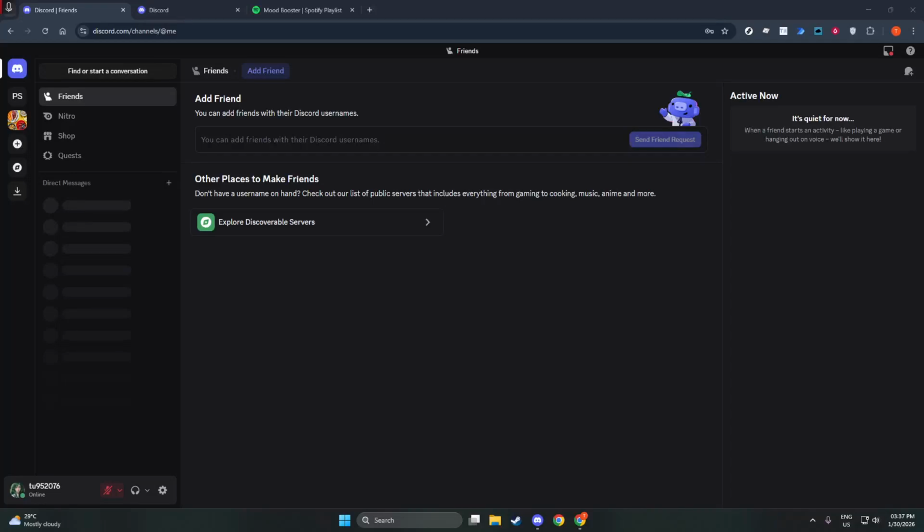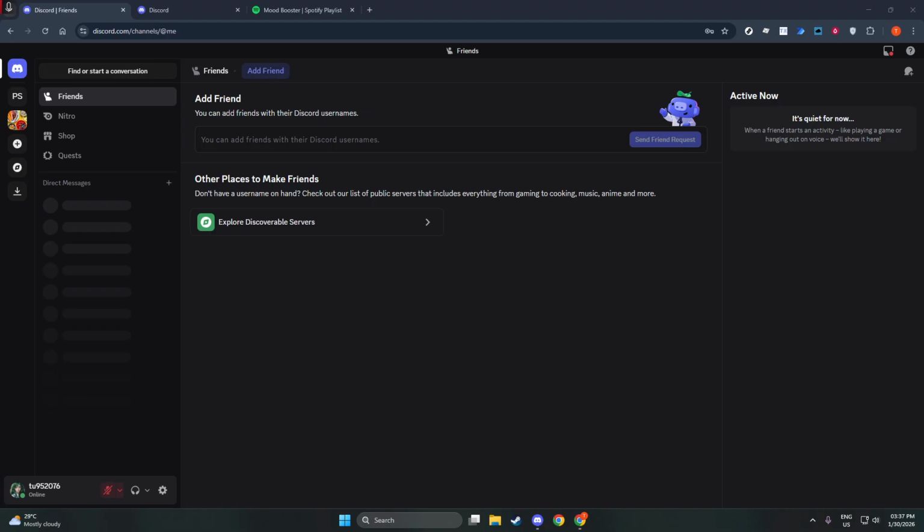In today's video, I'm going to teach you how to disable 2FA on Discord. Two-factor authentication, or 2FA, adds an extra security layer to your account, so only disable it if you understand the risks. Turning it off means your password alone will grant access, so make sure your password is strong and unique